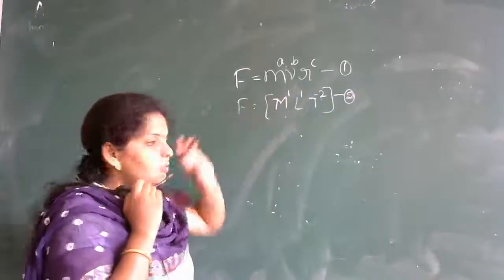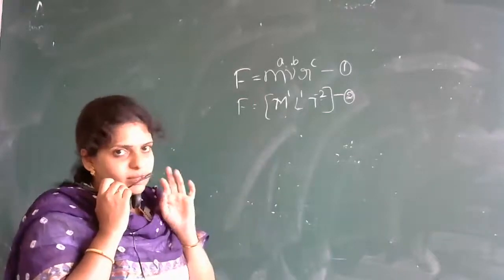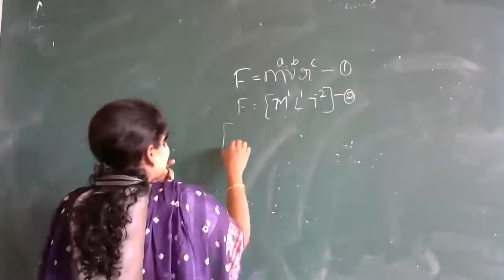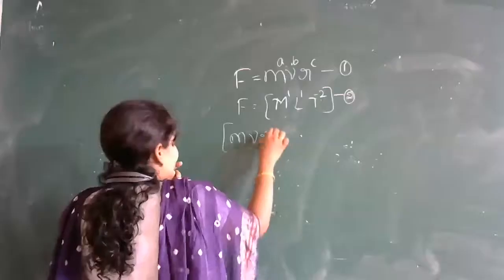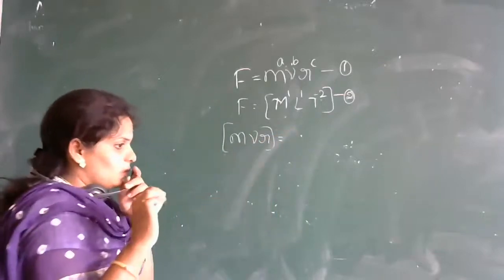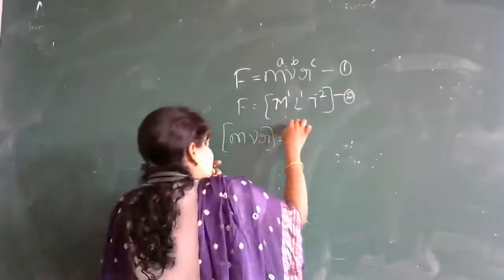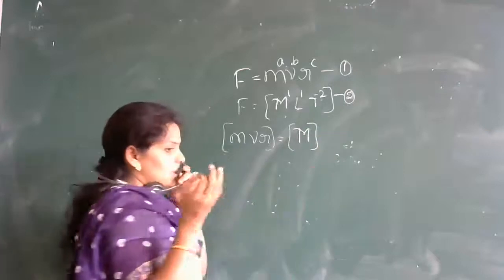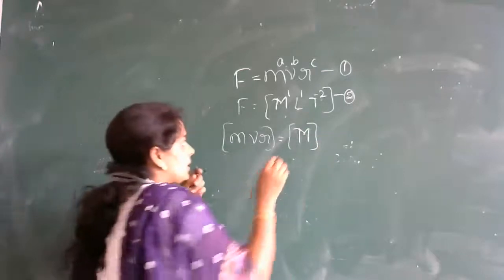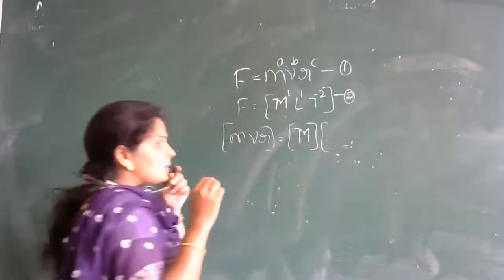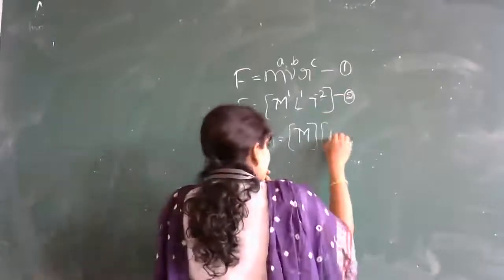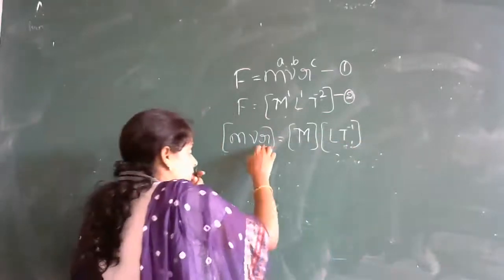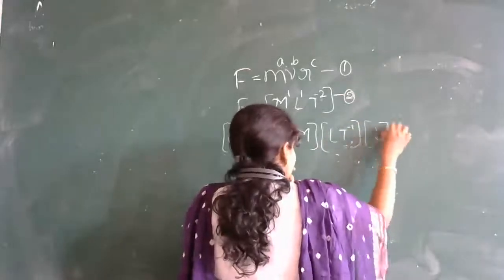This is for force, that is you can take it as LHS is equal to. Next I'll write RHS is equal to. So RHS terms are m, v and r. This is equal to, you can write the dimension formula for mass. It is M, only write M because the mass dimension formula is M. Next you have velocity or speed. The dimension formula for this is L T raised to minus 1. Then next we have radius. Radius is nothing but L.